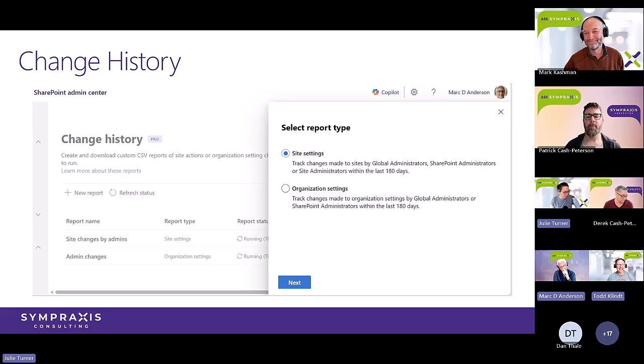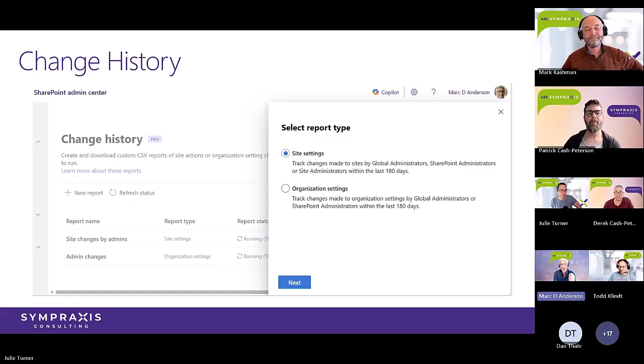I was trying to think about what I wanted to say, and I realized that it's sort of a weird ability to have, because what it shows you is what the admins have changed. Only admins can see this report. Okay. So anyway, yeah. I would say that's a good thing if you have more than one or two admins. It is. That's true. I mean, it absolutely is. But it just sort of struck me as a little odd. You can't see what other people have done. You can only see what the admins have done.